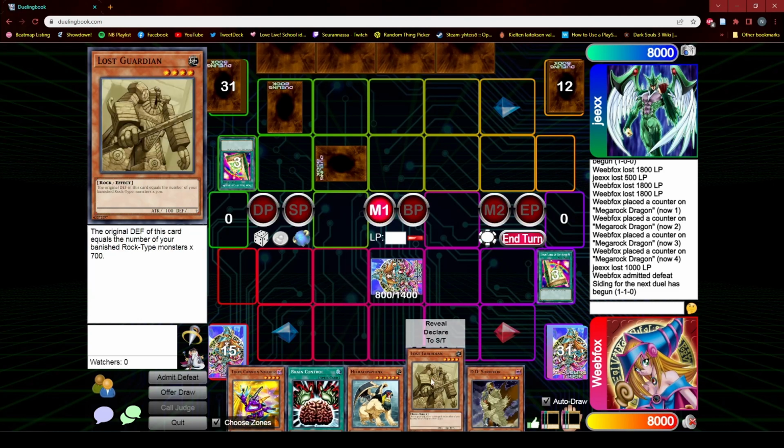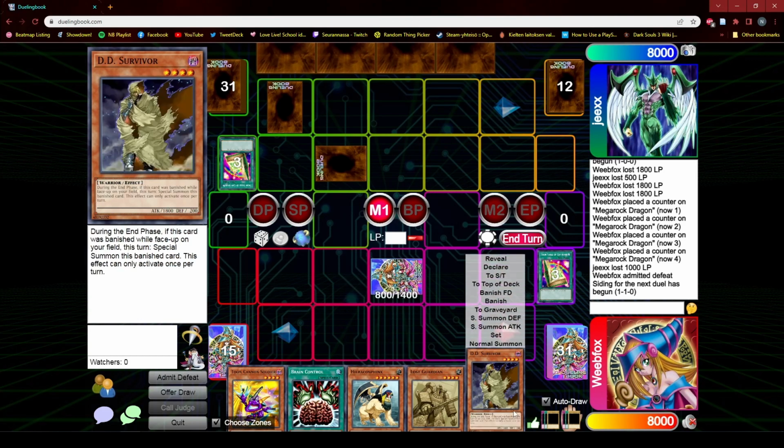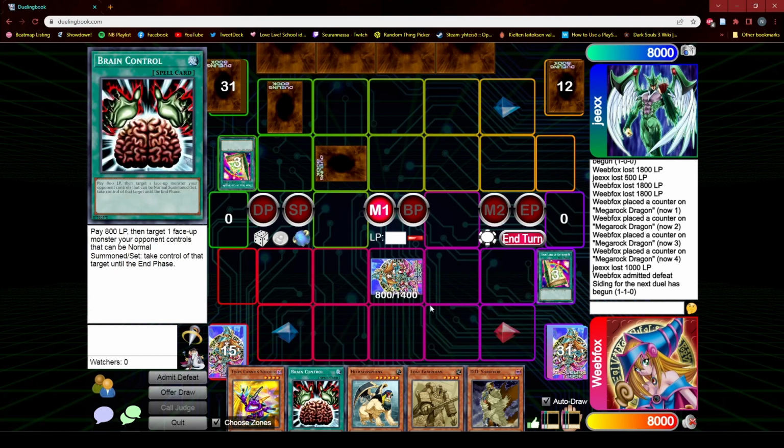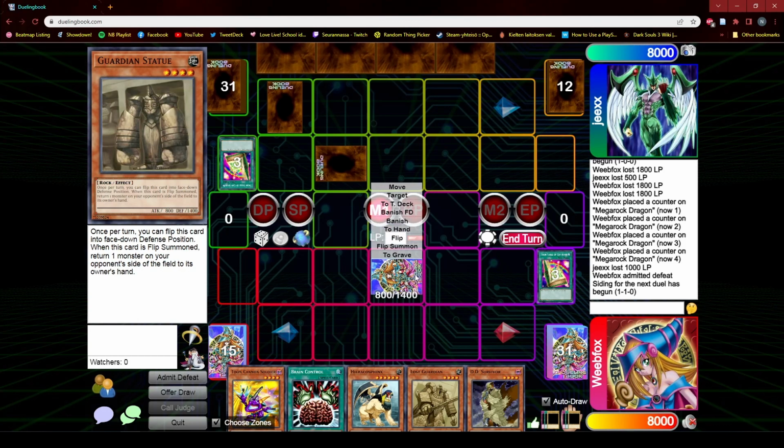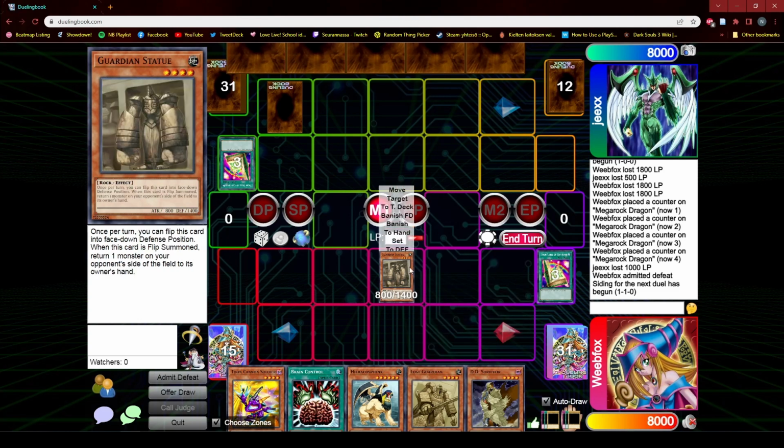Alrighty. Huh. I would like to flip summon a Guardian statue and bounce whatever this thing is. Okay. Then, I think...